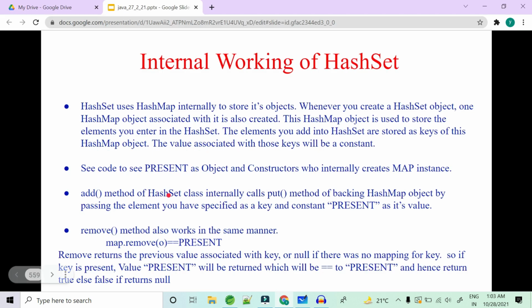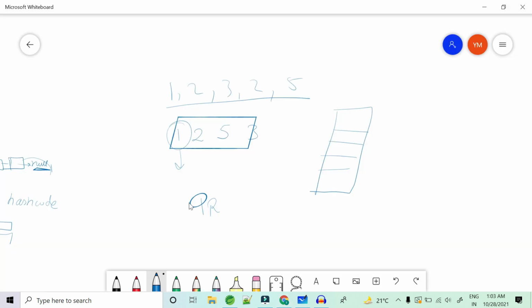Now, in map we had put and get methods. In set you are going to have add and remove methods. So how does the add method actually add your data to the hash map? Suppose 1 comma PRESENT is going to be stored in this hash map.